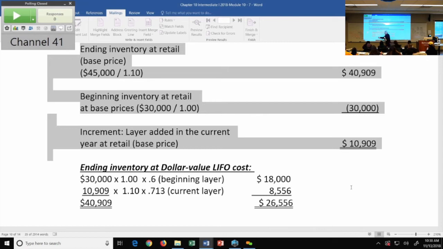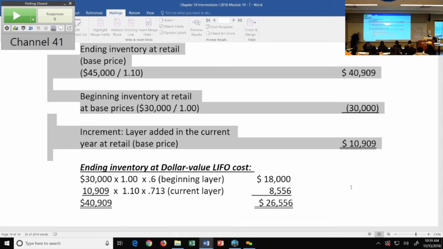The increment is 10,909. The price index is 1.1. The current year retail is 12. These numbers are now at retail, and then the rest is the same. To make them at cost, I'm going to write this again in a different way. To make this at cost, you hit the index, you hit the ratio at 0.6, and to get the increment at cost, use a ratio of 0.713. So here, what really happens, and let me just clear this out a little bit more,